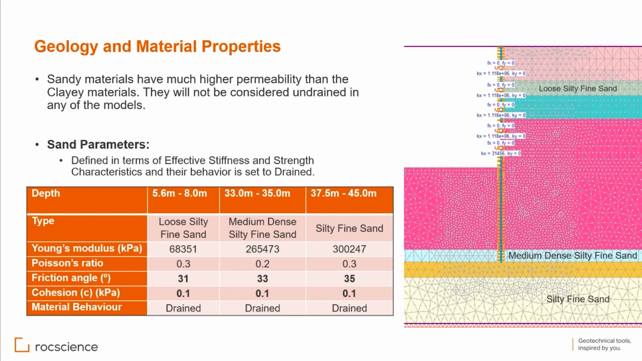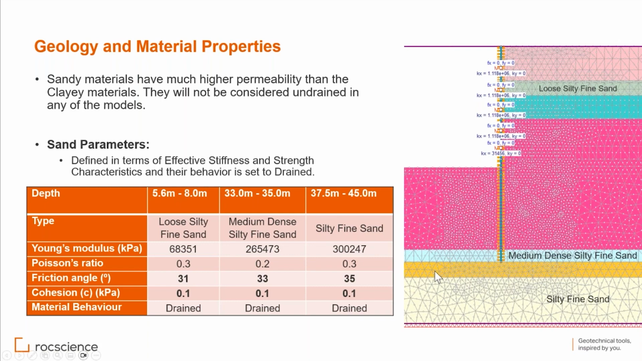So the assumption is that the permeability for these materials is high enough, so in no case are they going to be defined as undrained material. So these sand material parameters are defined in terms of effective stiffness and also effective strength characteristics, and their behavior is going to be set to drained in the simulations. So behavior drained, you have friction angle and cohesion for them, and these are all effective and drained conditions for